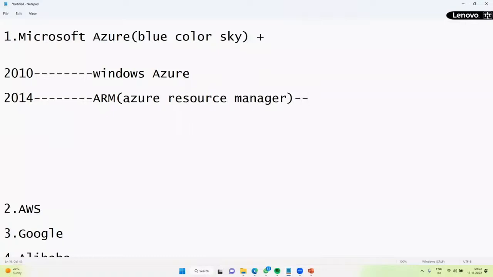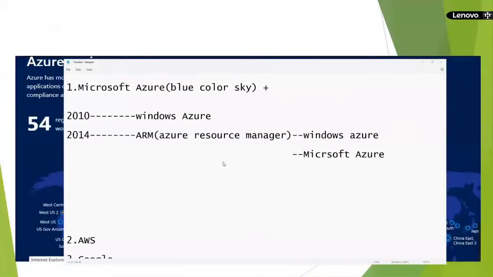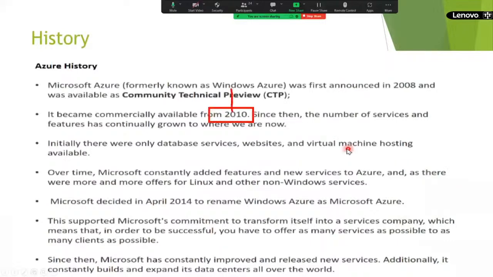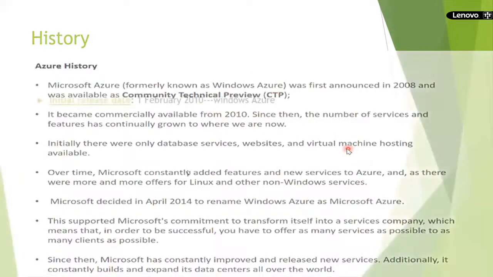Then they renamed Windows Azure as Microsoft Azure. Clear? This is the history of Microsoft Azure. So in 2010 formally we called it Windows Azure, and later they renamed it Microsoft Azure.